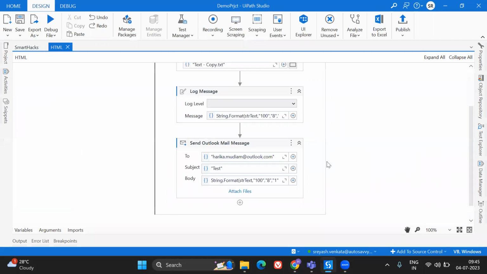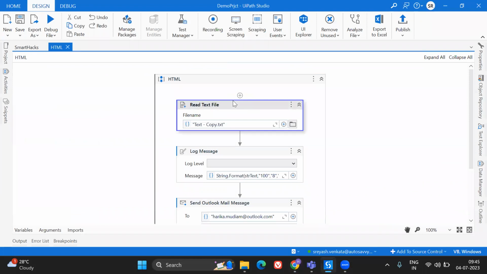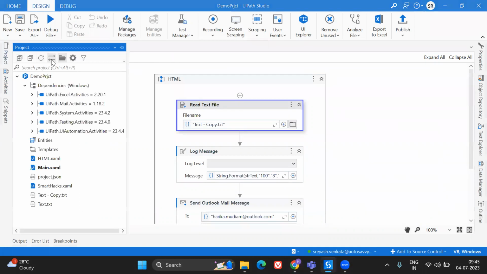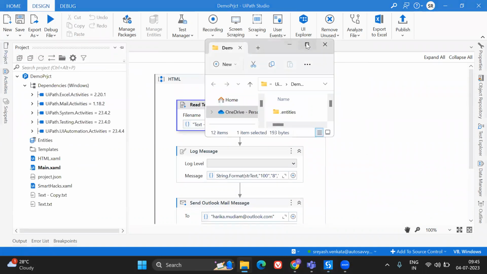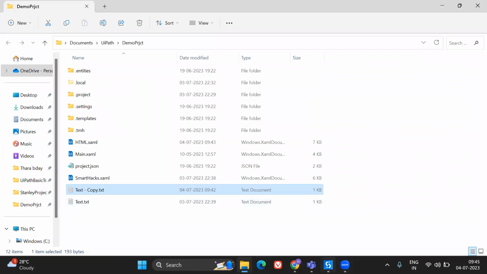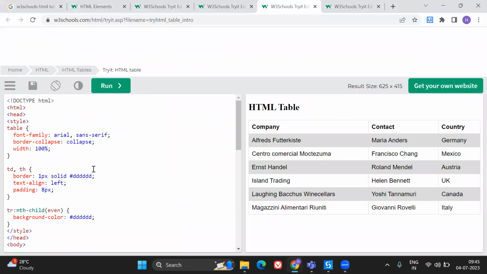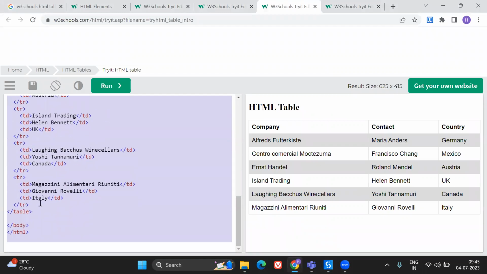I'll create one workflow for that also. Now what I'm going to show here is, let me copy this whole table. The idea is you should have this much information in your table. These are the different rows. So let's say if I take off this row information, why is this not